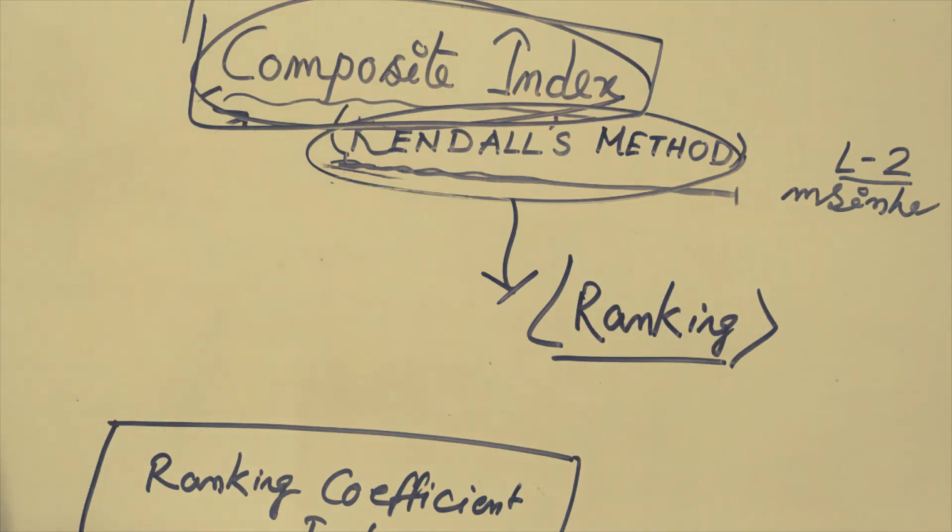For agricultural purposes, to identify agricultural significance, this has been widely used by researchers. But for identifying the ranking of nations on the basis of the human development index or gender development index, this method is not widely accepted and not widely used by researchers.